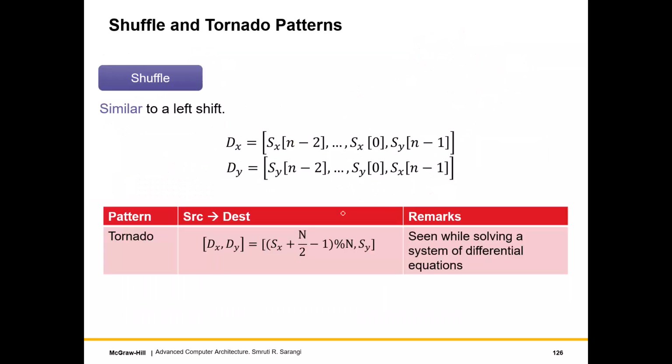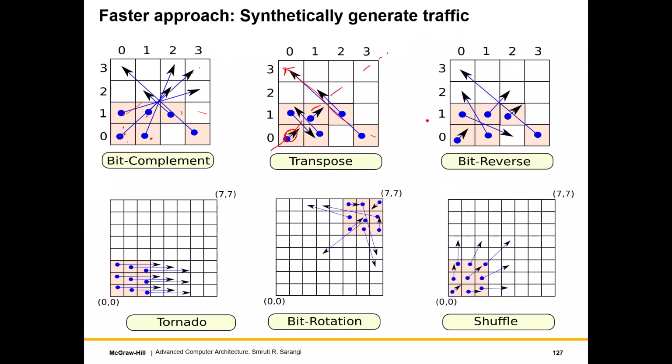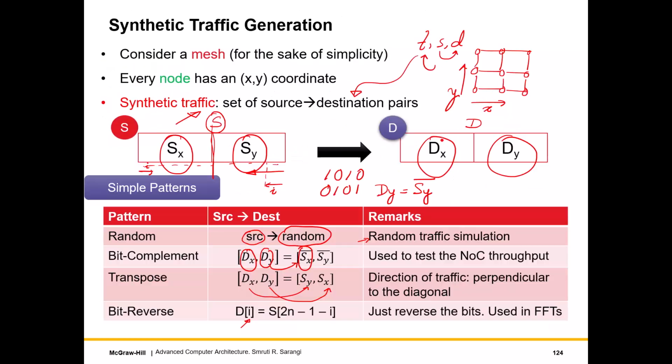This is typically used in fast Fourier transforms. You get to see a similar traffic pattern. So this is exactly what bit reverse is. In a certain sense, it's slightly like transpose, as you can see, but here you have shorter communication, and there is much longer communication, but it looks similar to transpose, at least in these two diagrams. Now let's look at a few more